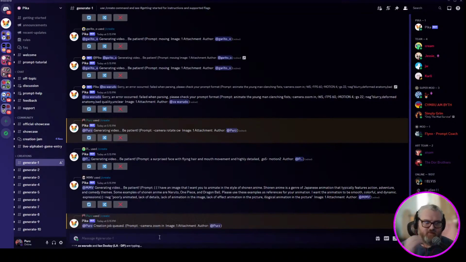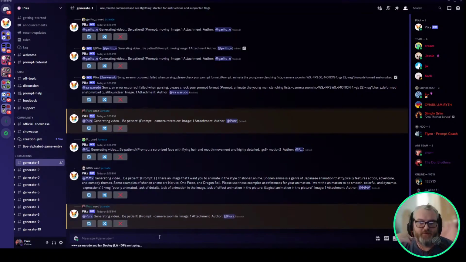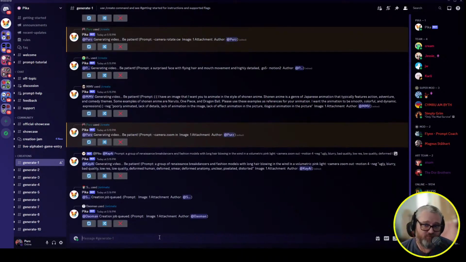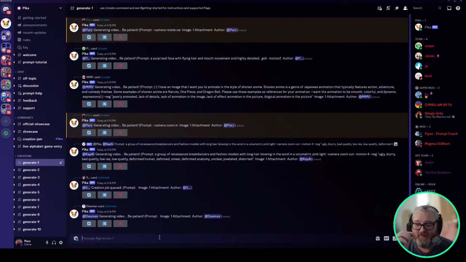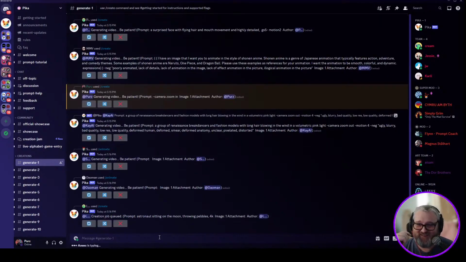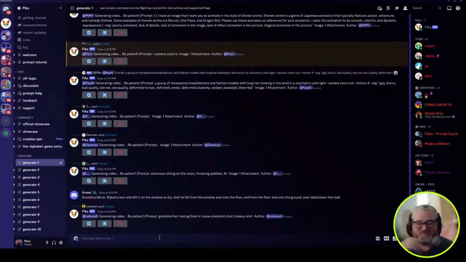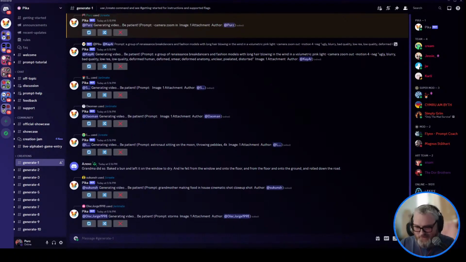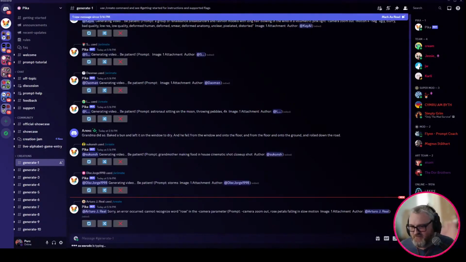So yeah, it's just endless fun with this stuff. Being able to bring your pictures to life is super cool. This works with your own photography too. If you got just pictures of yourself and pictures of friends, it's really creepy. I made one. Actually, maybe I should do a showcase of all my generations because I've made some crazy stuff with Pika. Yeah, screw it. Give me a second. I'll load up a folder of insanity. Yeah, it's really fun.